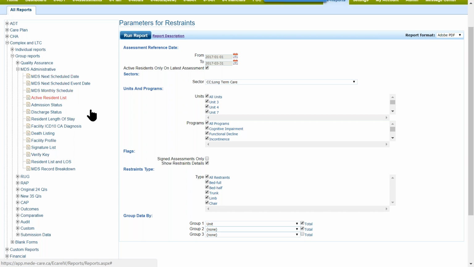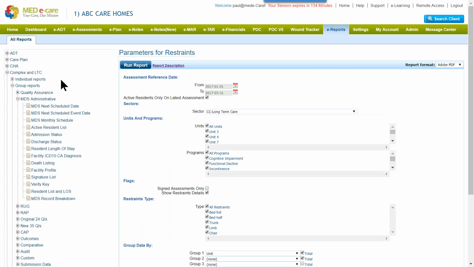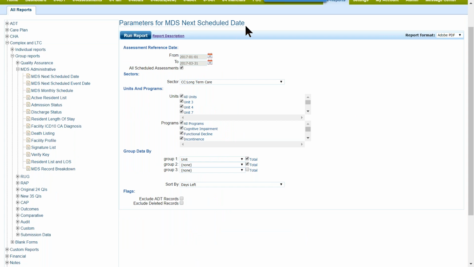So let's just look at the parameters. It's all of the same parameters. I'm going to click here. Remember, we're now under administrative MDS. So we click on that report. There you can see it. This one gives you a couple of options. If you don't want ADT records like the admission and discharge shown,